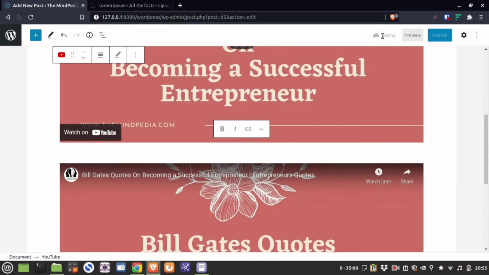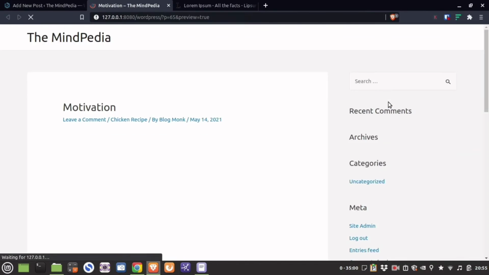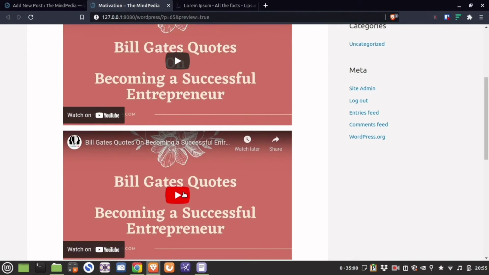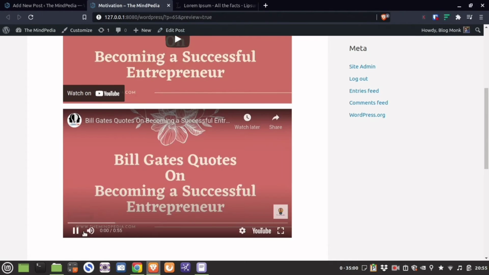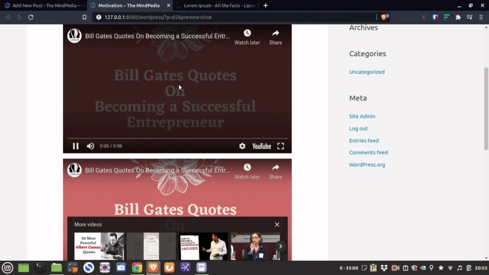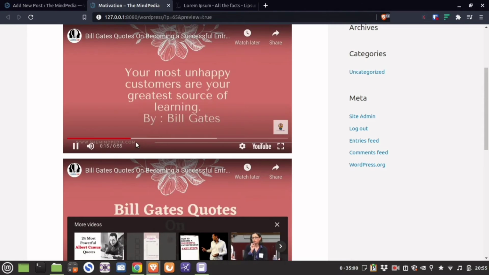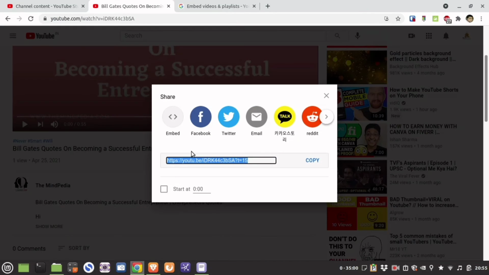That means when I play the video, let's see, when I play the video, it is going to start from 15 seconds. So this is the first video. When I play it, it is going to start from t equals 0 because I have not given it any starting time. But if I play this, you will see that it starts from 15 seconds because there was a timestamp of t equals 15. So this is the way by which you can start from any initial starting point.